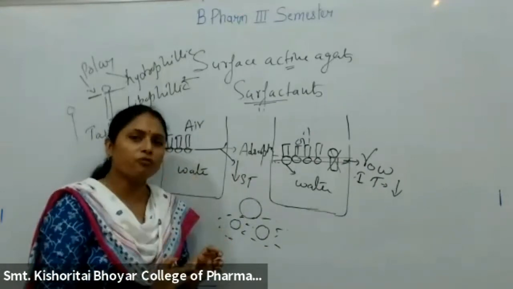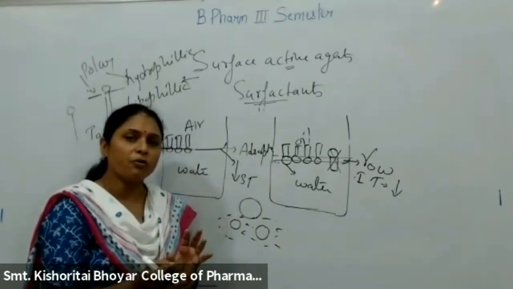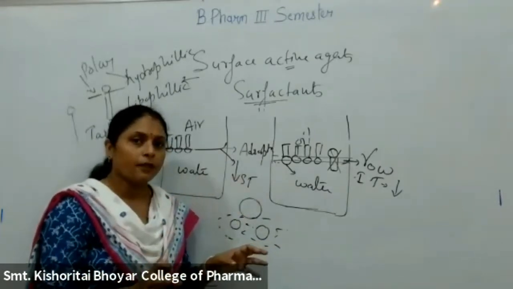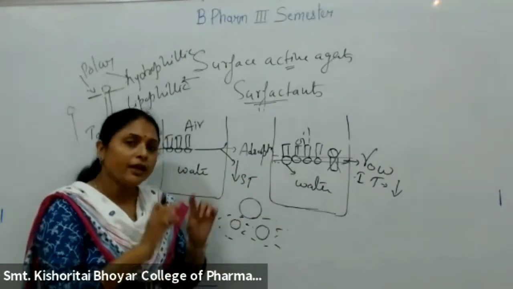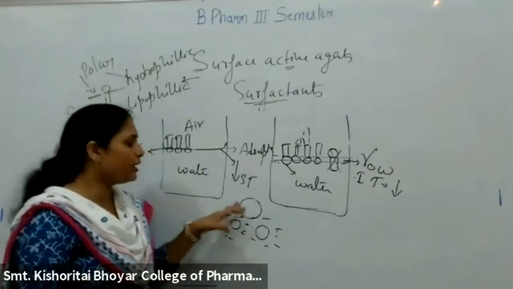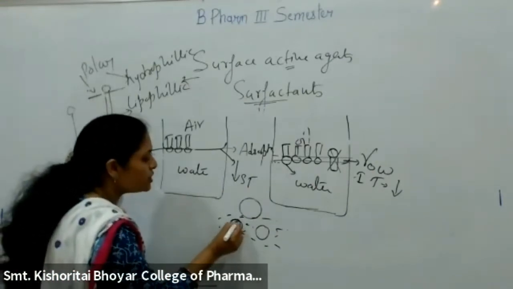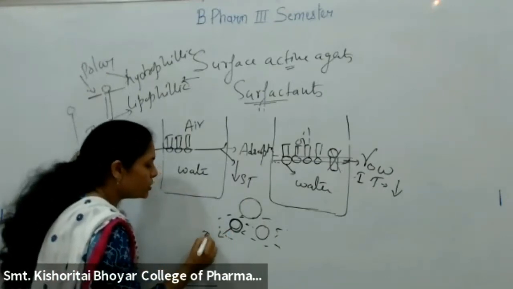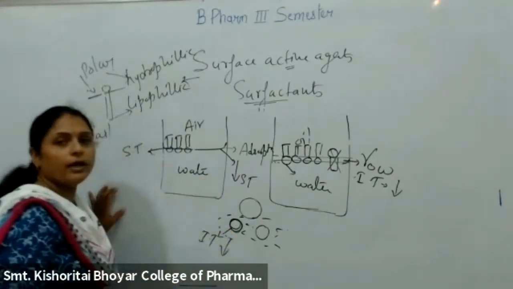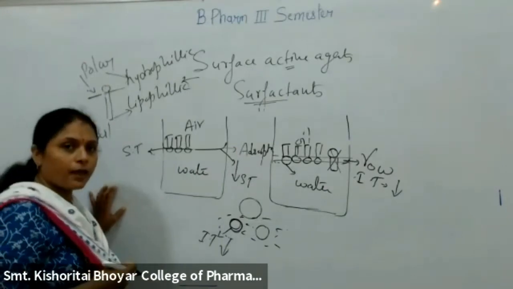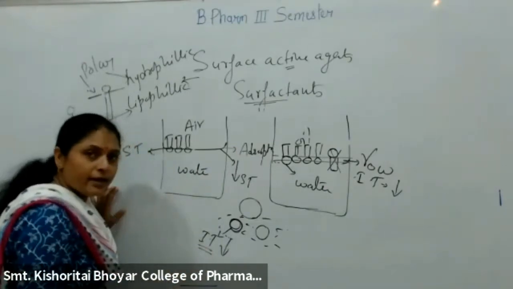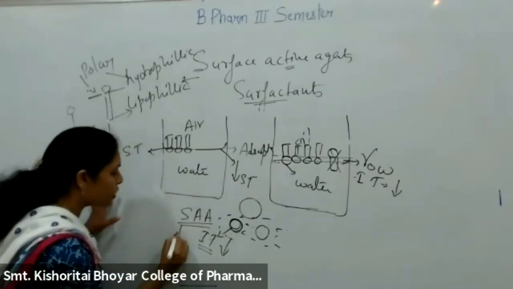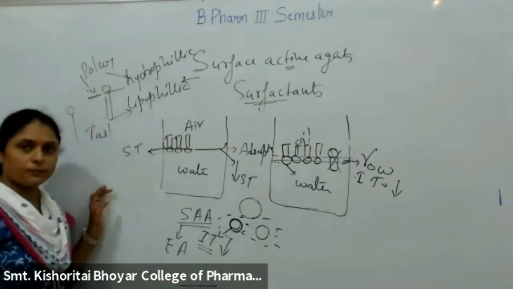If it is an oil in water type of emulsion. If it is water in the oil type of emulsion, then water globules should remain dispersed throughout the oil, where oil will be continuous medium. तो ये डिस्पर्शन के लिए यूनिफॉर्मिटी मेंटेन रहने के लिए व्हाट इज रिक्वायर्ड हियर? द सरफेस टेंशन और इंटरफेशियल टेंशन, ये जो बाउंड्री है दोनों के बीच की, यहाँ का जो इंटरफेशियल टेंशन है, the value should be less over here, and this value is maintained less by addition of surface active agents where they will perform a function as emulsifying agent.